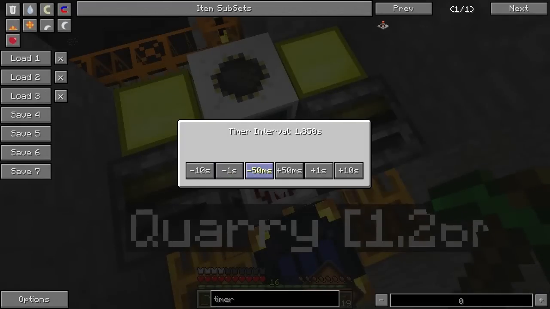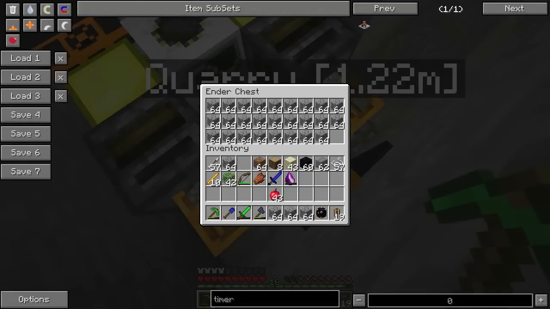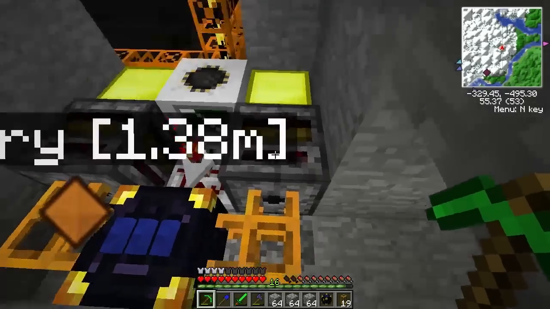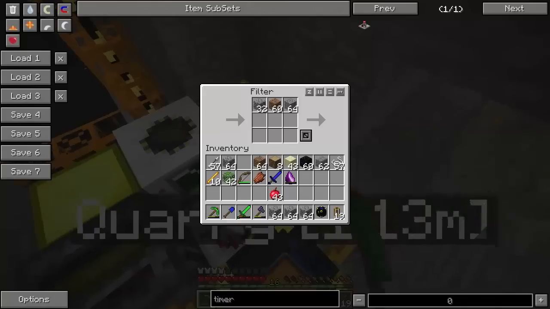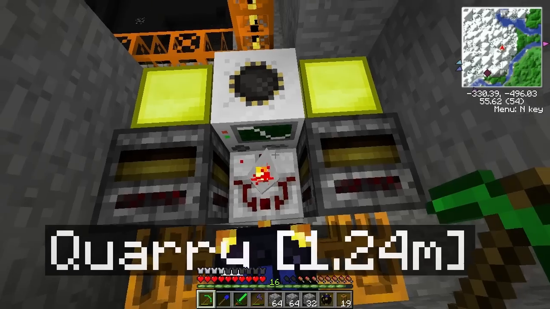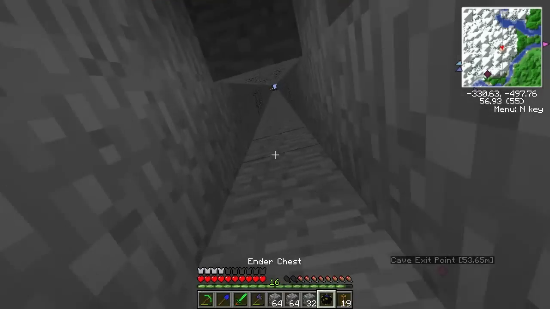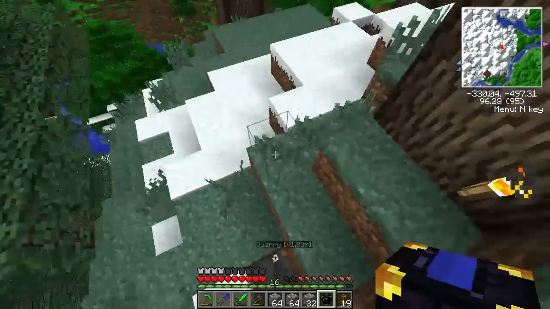Actually, I can probably speed that up if I want to, just for the moment. So all this cobble's getting pulled out, and oh, the filters stop pulling out because the items are getting backlogged. Why has that got 32 there? That's weird. It might have just been my mistake. Let's set that to 4 and then fly back to my base, because this ender chest is now full of cobblestone. And now, if I look inside this ender chest...